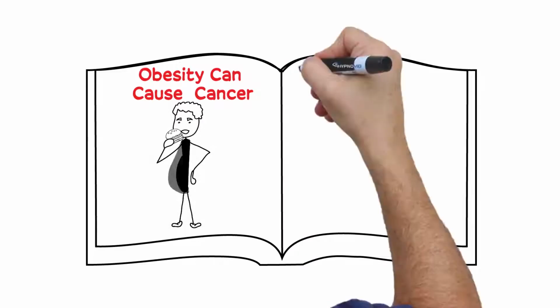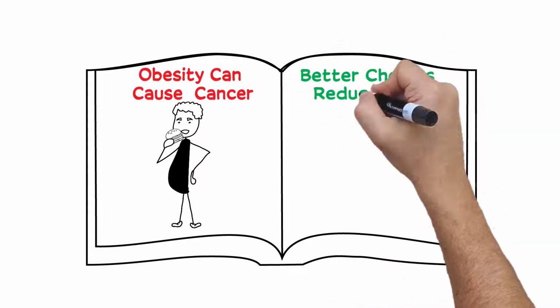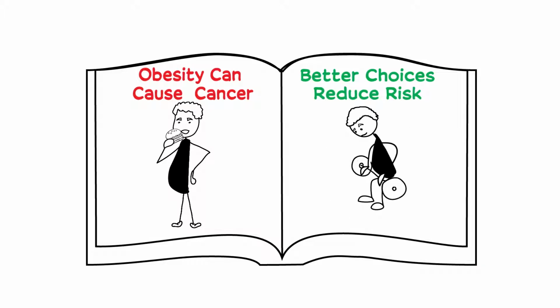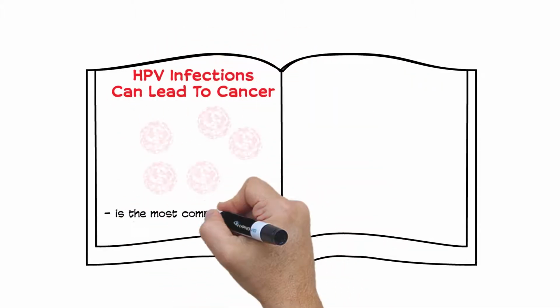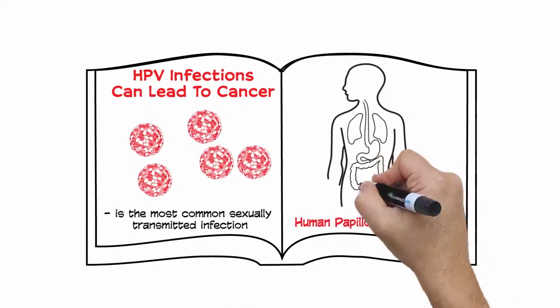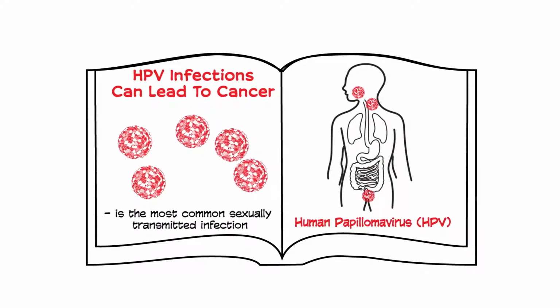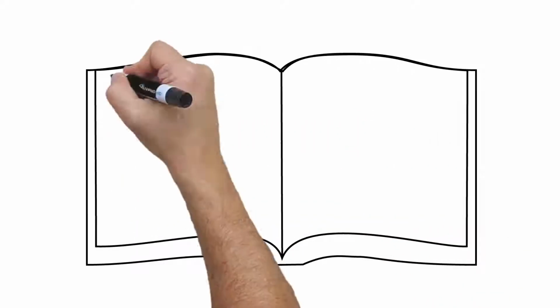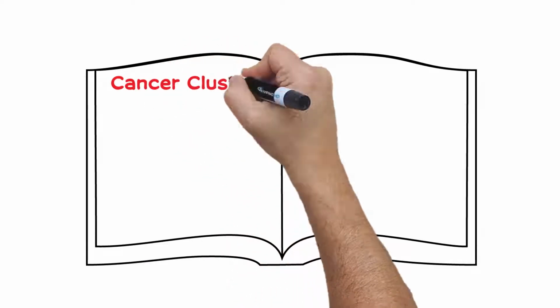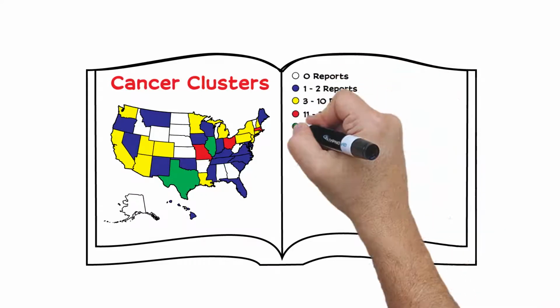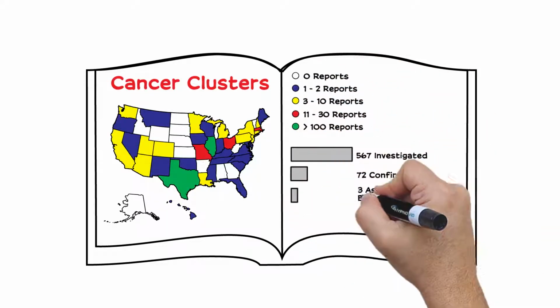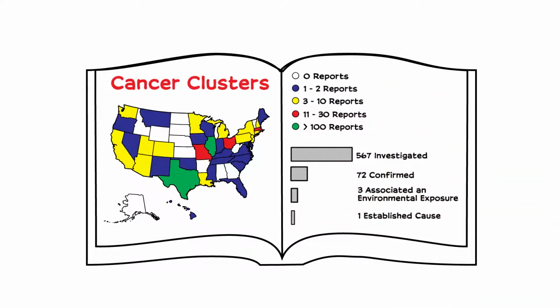While there are many hereditary or health-related causes to obesity, often better choices in diet and increased exercise can minimize the risk of developing these cancers. Some high-risk HPV infections can lead to cell changes that, if left untreated, may progress to cancer. Cancer risks are also found in our environment. In many cases, environmental risks are not widely known until a high percentage of the population has become ill.